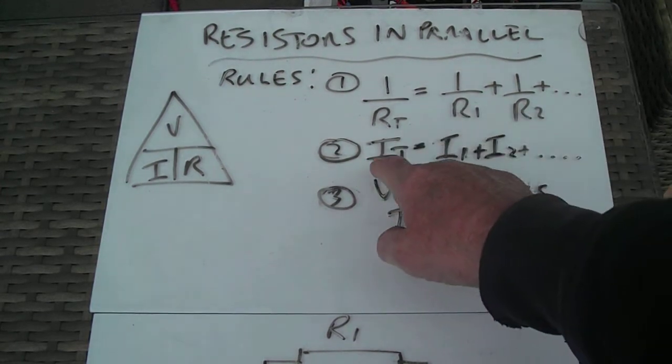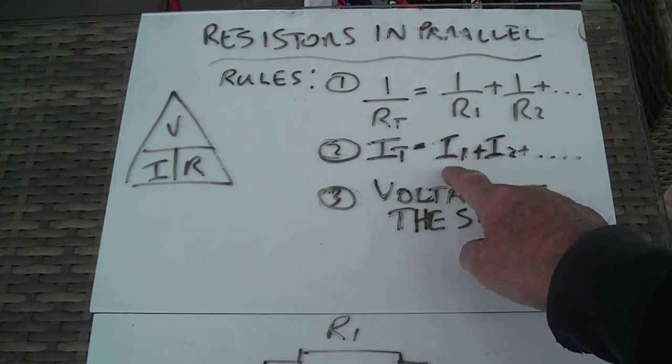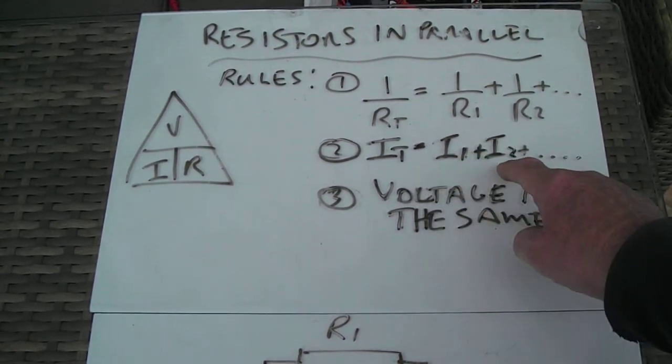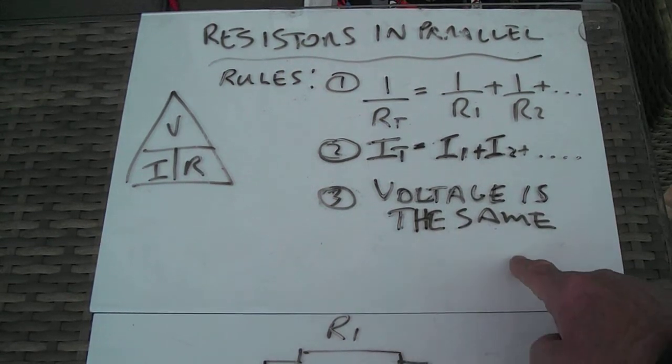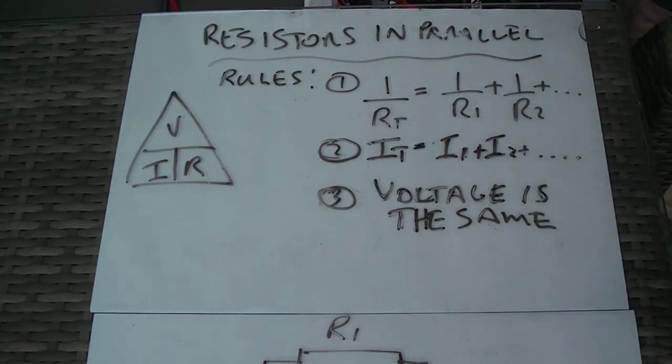The second rule is the total current in the circuit is the current going through one resistor plus the current going through the other resistor, I1 plus I2. And the voltage that is applied to the resistors is the same all around. And that voltage being the same is quite important. If you look on this rig,